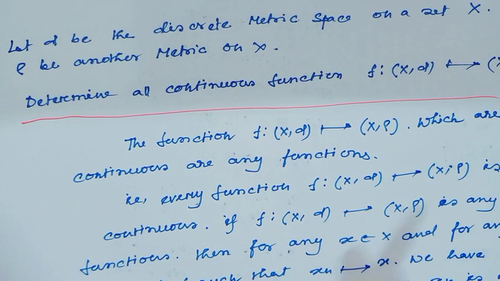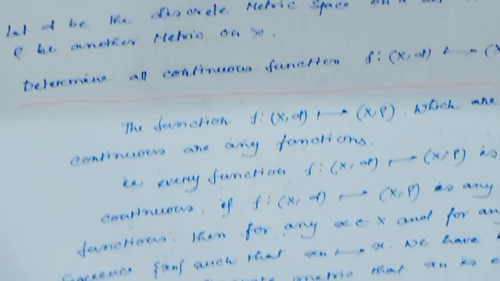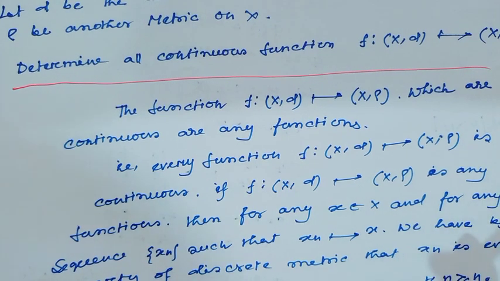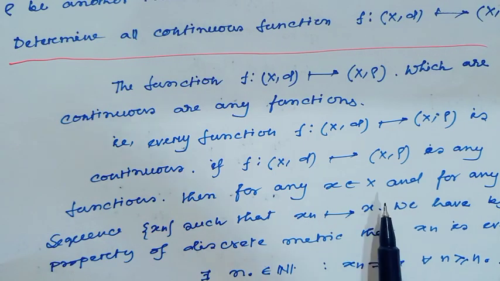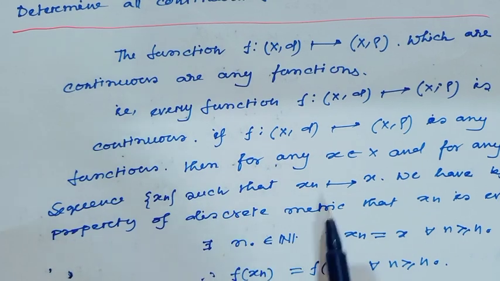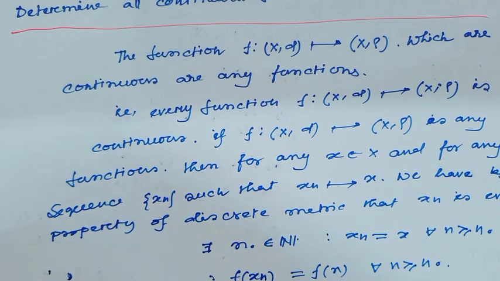That means every function in this metric space is continuous. If f from (X, d) to (X, rho) is any function, then for any x and for any sequence xn such that xn converges to x,